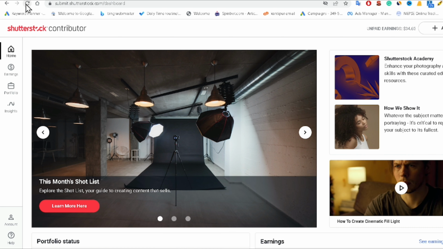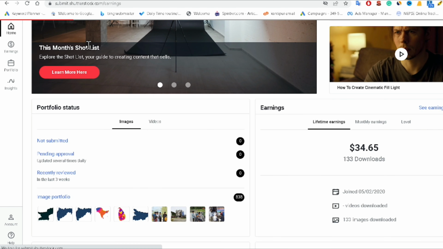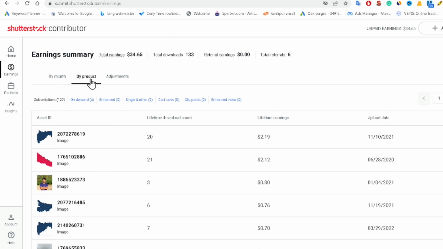Okay guys, so now I'm coming inside my creators dashboard of Shutterstock, and after that I'm clicking on earnings, and then on the earnings summary. And now you can see there are a few things, and I'm clicking on